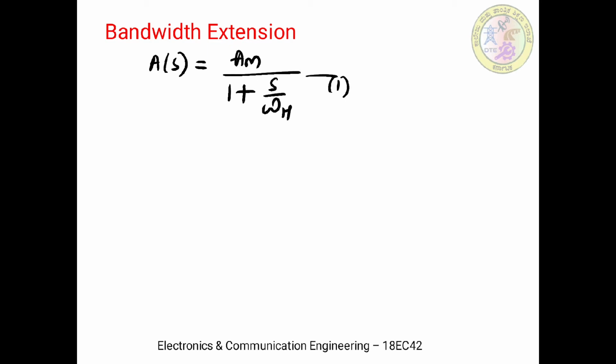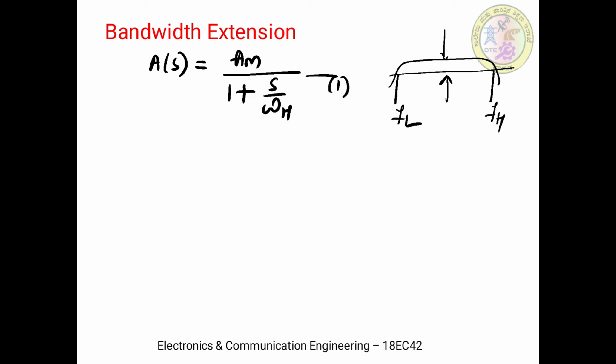Okay, so for example, if this is our amplifier characteristics, so we know that this is the mid band, and here we have the FH and here we have the FL. So we are discussing now this bandwidth. The difference between FH and FL we have considered as the bandwidth of the amplifier. So now what is the effect of negative feedback on that bandwidth, that we are discussing now.